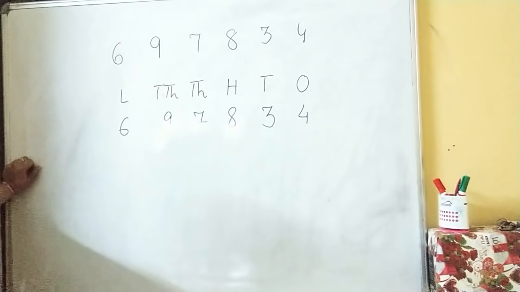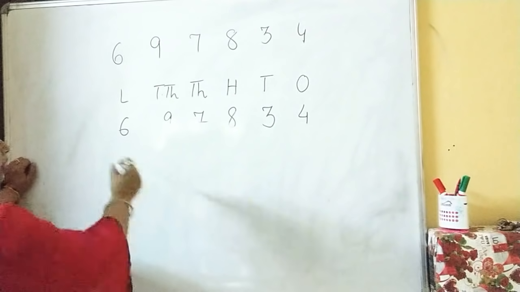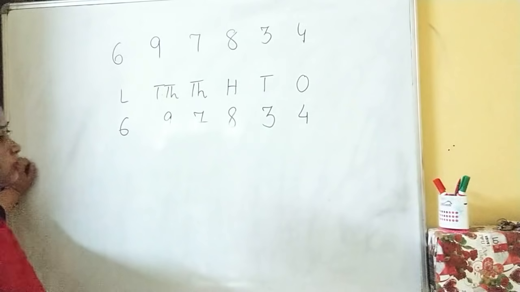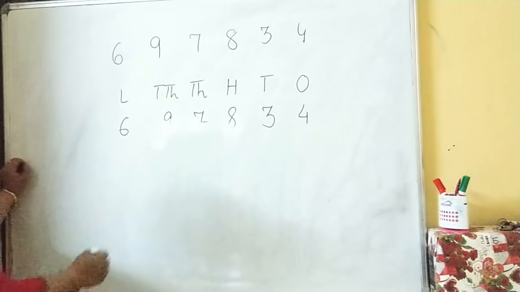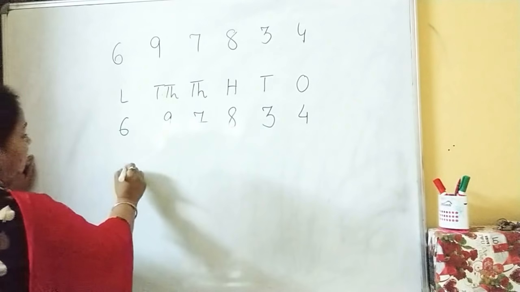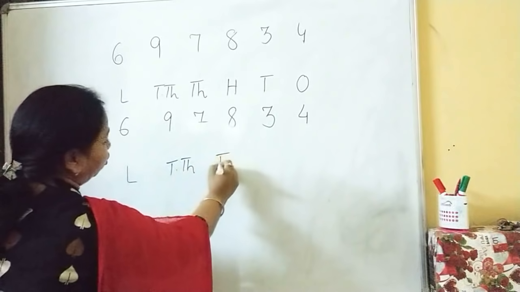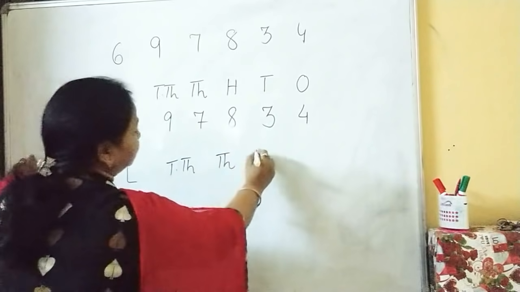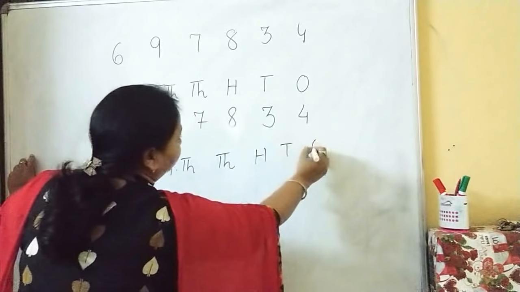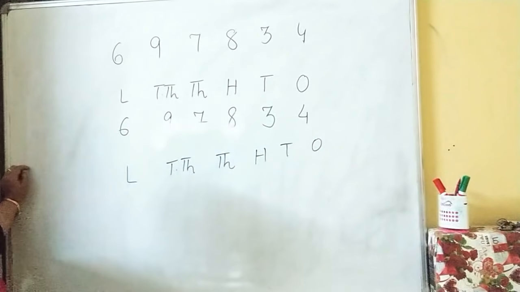So, I was talking about musical chairs. Now, what is the musical chair game? You know that. The music is played and then you start running off. So, here also the guests, which are in the form of digits, have started playing and they are going to interchange. Of course, as soon as the music stops, these digits will take either the same place or different places. Let us see.